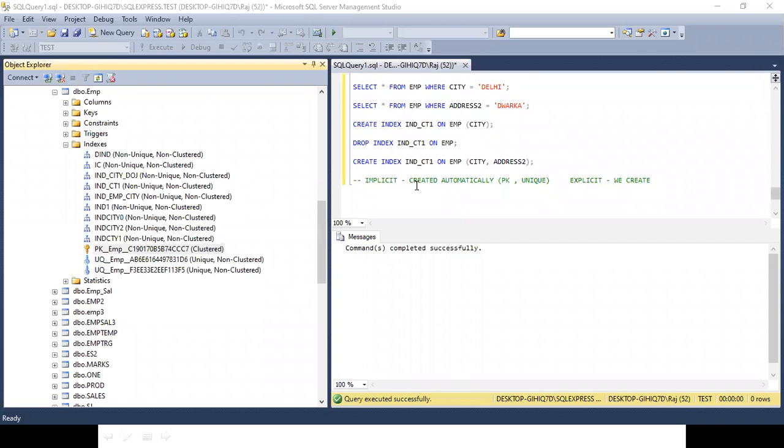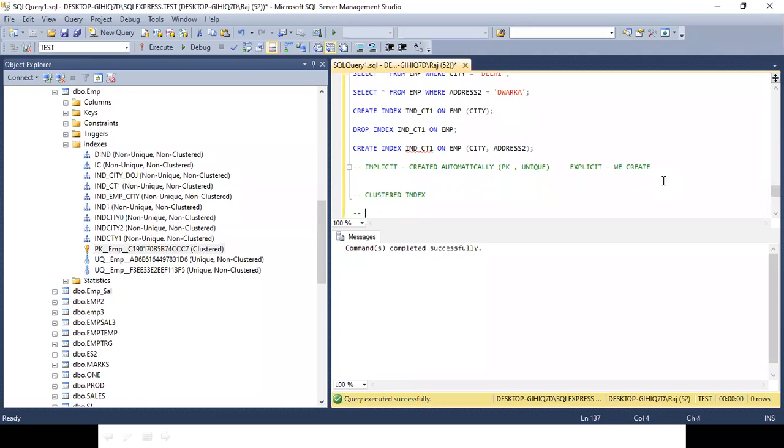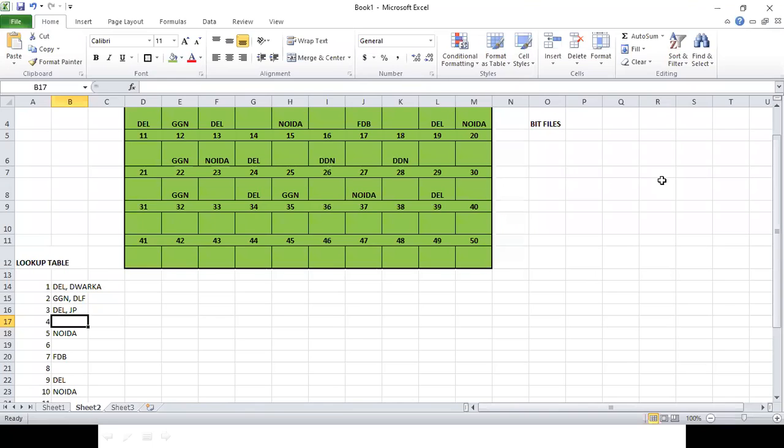Now again, there are two types of indexes: clustered and non-clustered index. Now what is the difference? Let me show you.